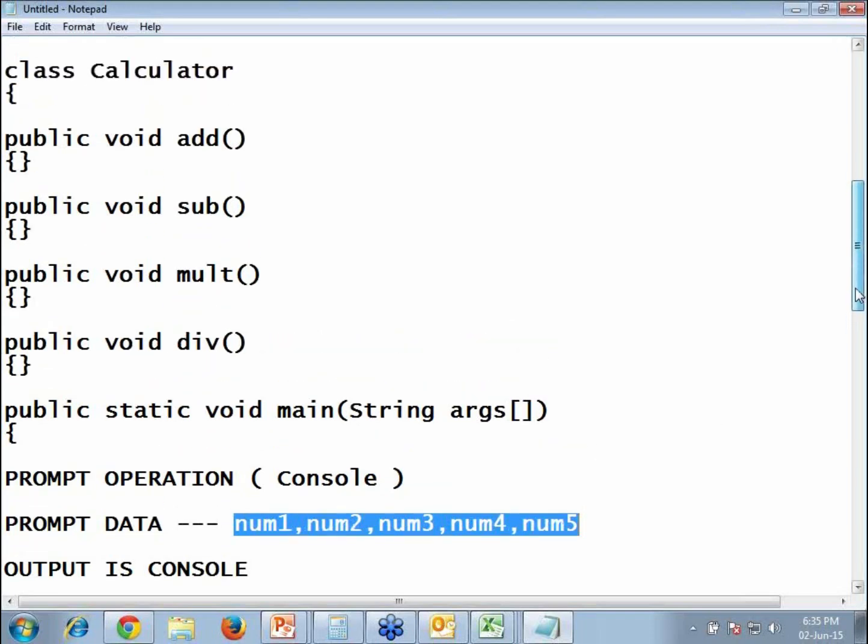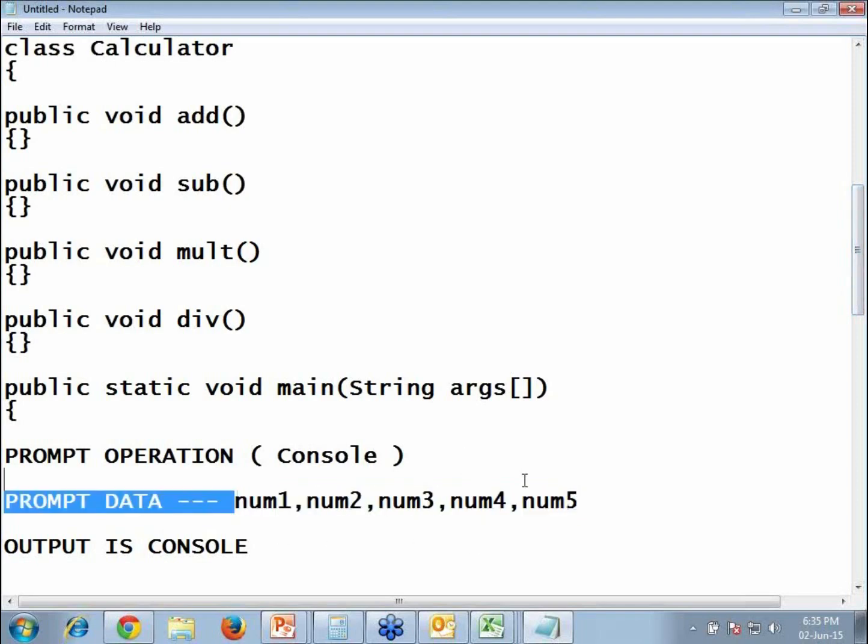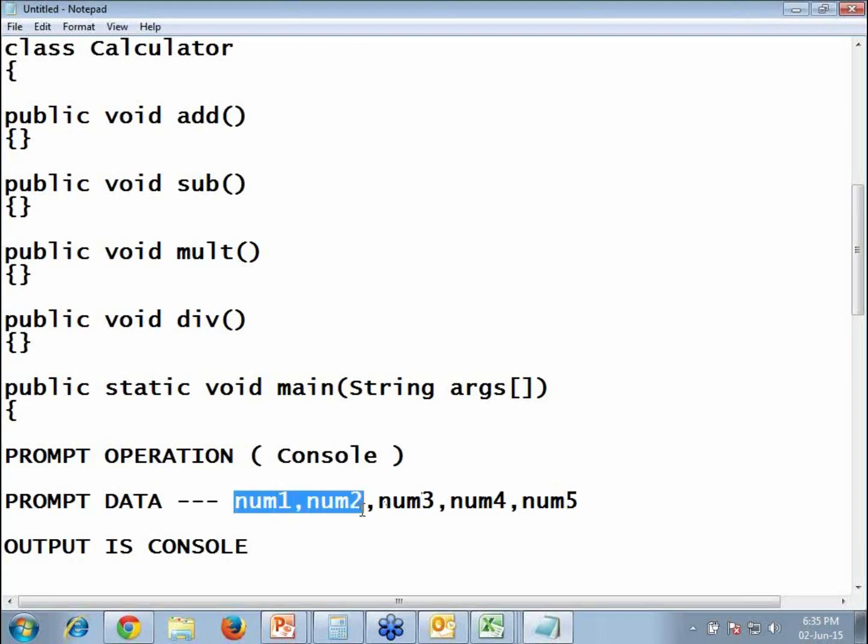Performance means an application will have performance testing. Suppose I am testing such an application: if the number of digits is less, the response time will be low. If the number of digits is high, like adding six numbers or seven numbers, what happens to the response time? The response time will be delayed. So if the response time is delayed, what happens to performance? Definitely the performance will be degraded.